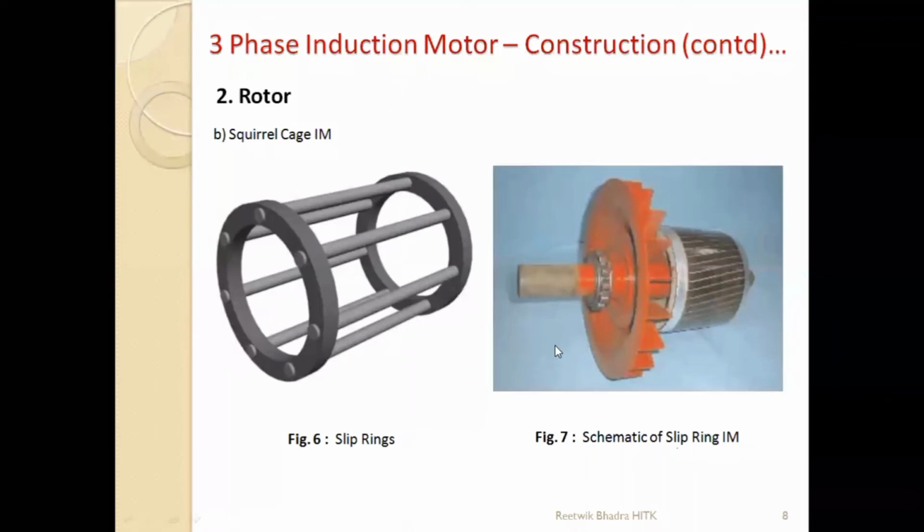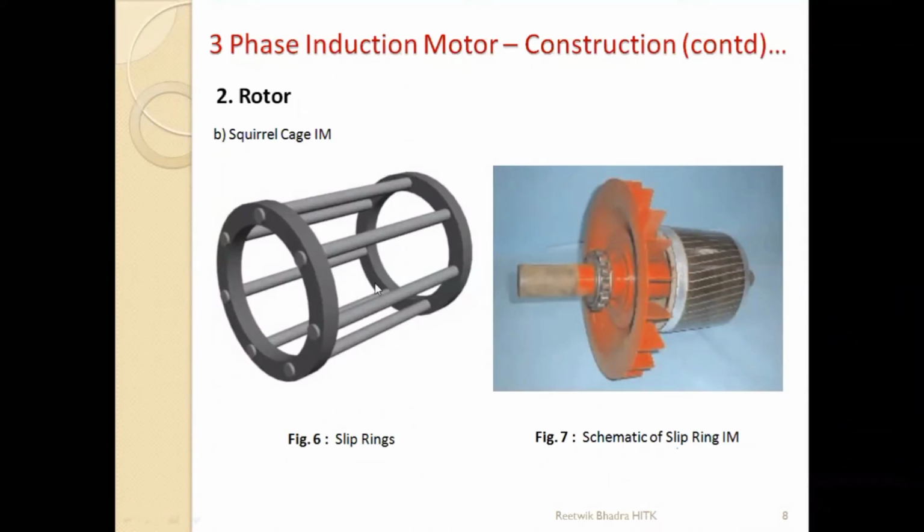We can't attach additional resistances over here. So over here, speed becomes constant. Since you can't attach any external resistances, starting current will be very high. You know why starting current is very high in a DC motor. Same over here also. Think of it like that. Okay. Starting current will be very high.